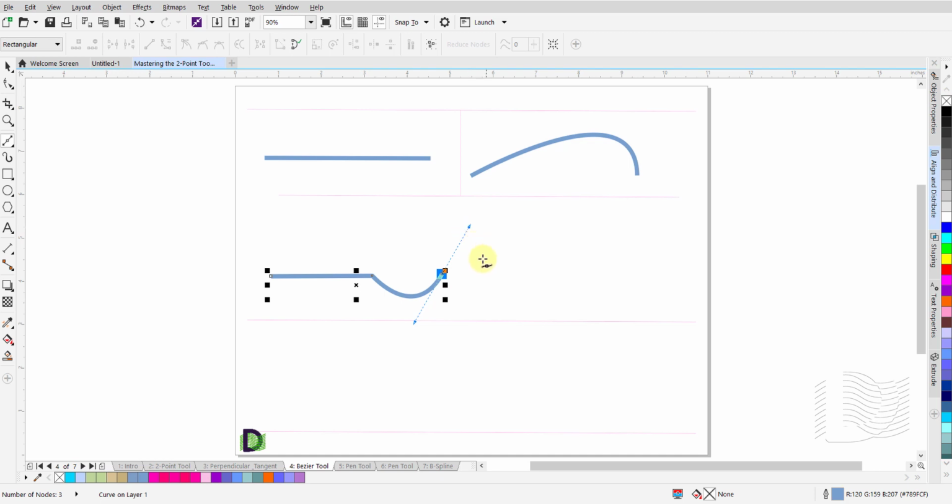Let's say you have decided to add another curved line segment at the end of this curved line segment. In that case, move the cursor to where you would like to end this curved line segment. And once again, click and hold the left mouse button. Drag the controls to form the curve that you are wanting to draw. Release the left mouse button.